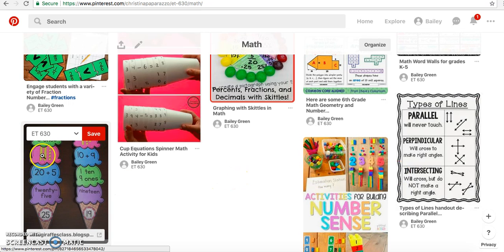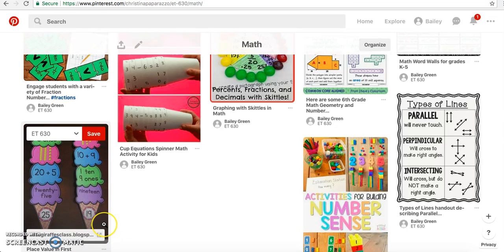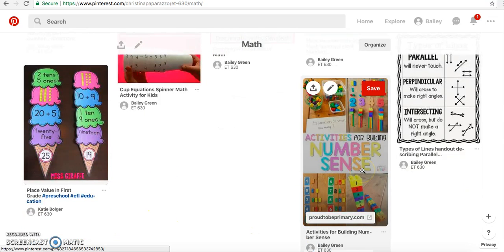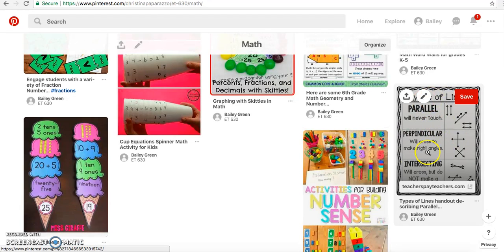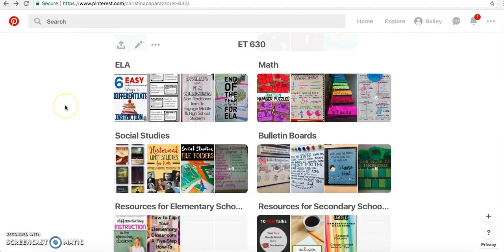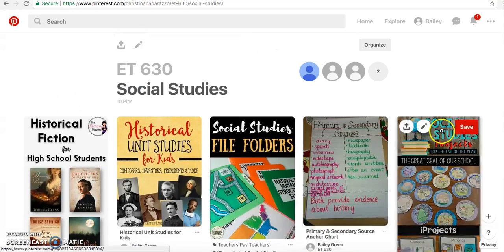Down here, this is for like a first grade student. So we have lower elementary age activities as well. Activities for building number sense, and then just a simple visual that students might have some use for just to have in their notebooks. So I won't go through every single one, but some other content areas,